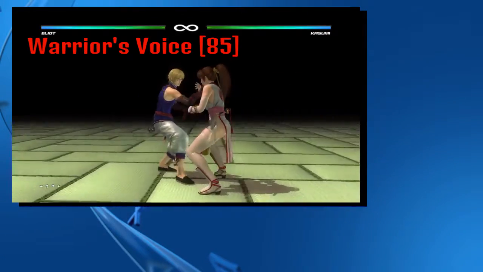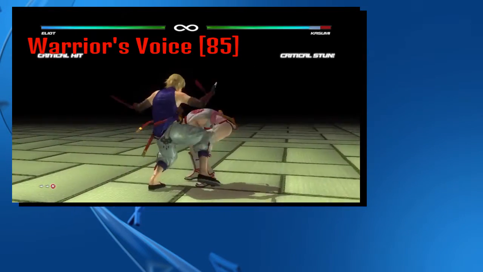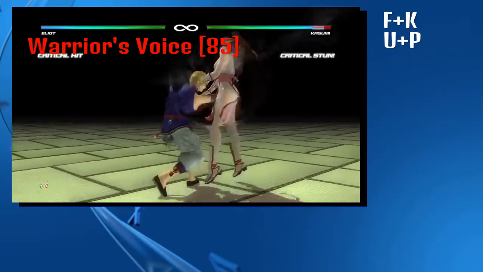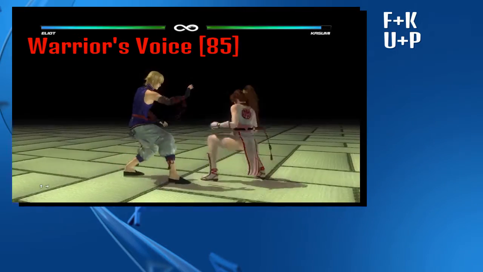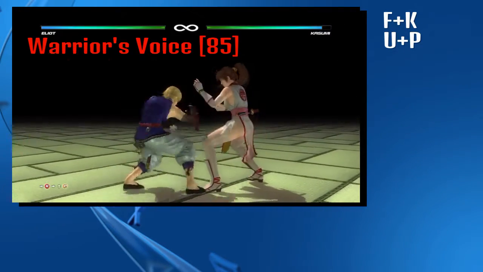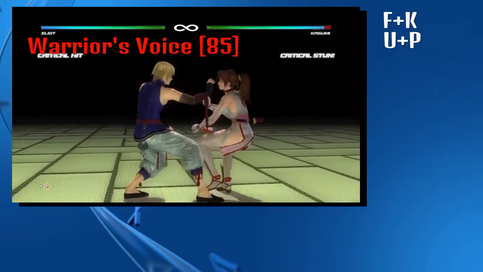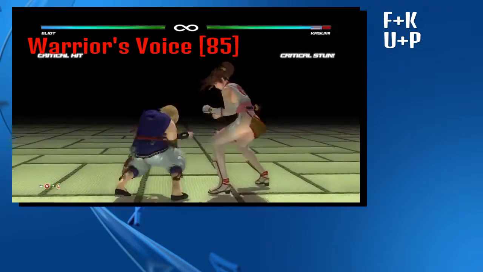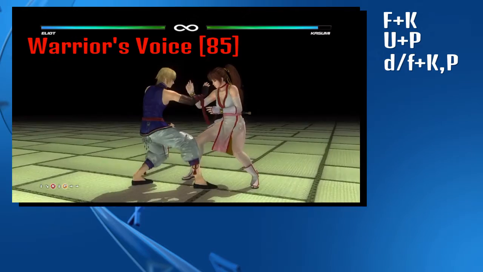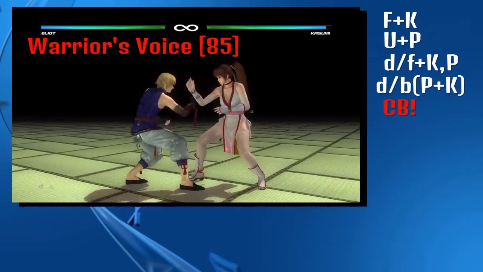I think this one's really cool. So basically you do that one by doing forward kick, then you do up punch to stun. This is a really good stun move. Look how long it stuns them for. Like ages. When you see a move that stuns for that long, then you can tell it's quite a useful move. So you do forward kick, up punch, then you do down forward kick punch, then you do critical burst, I believe, and then you do quarter circle forward